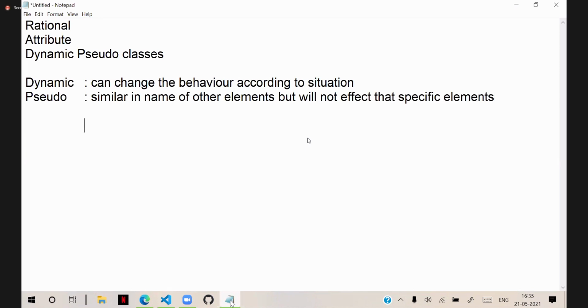What does that mean? For example, now in HTML, you have the word link. Link means which element? What do you say? Link means which element? No, anchor is not the link element. It is the anchor element, right? That is the anchor element, not the link element. Understood? The link element is link. The link tag is there, right? That is the link element. But we call this also a link.